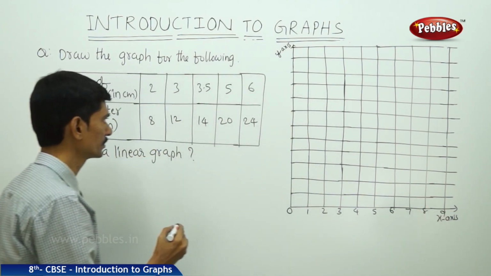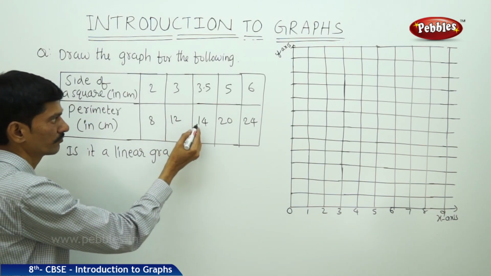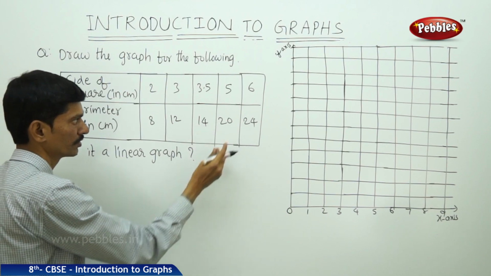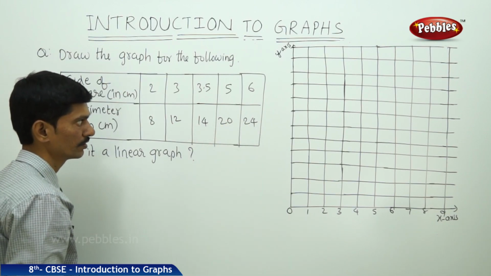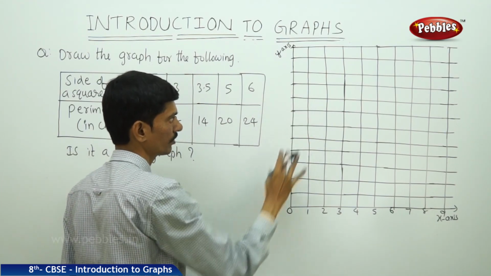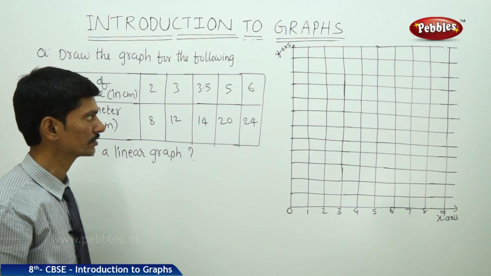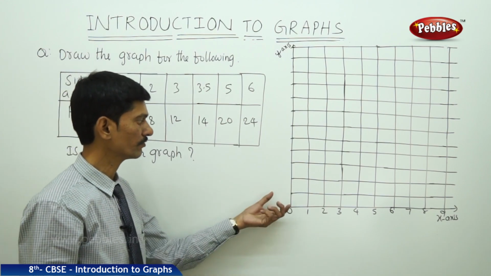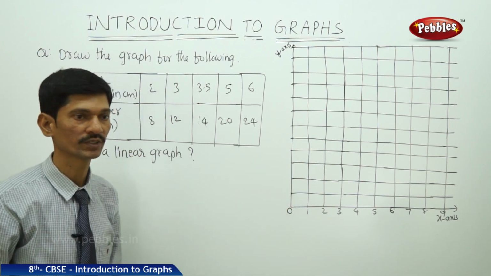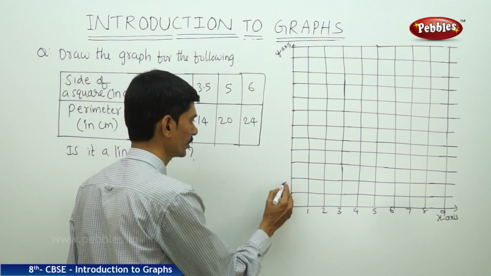The second row of the table has the values 8, 12, 14, 20 and 24. The maximum value is 24. If we take 1, 2, 3 and so on, the graph sheet will not be sufficient for us. So we will choose the scale on the y-axis as 1 unit equals 2 centimeters. On the y-axis, we can take the multiples of 2,